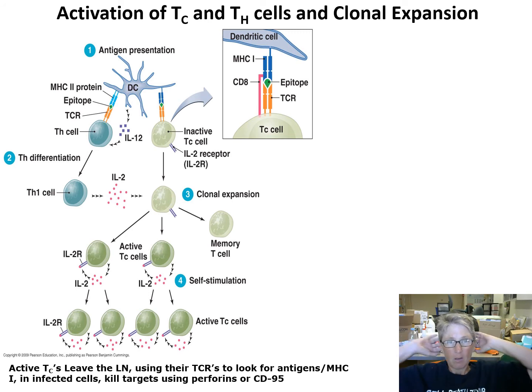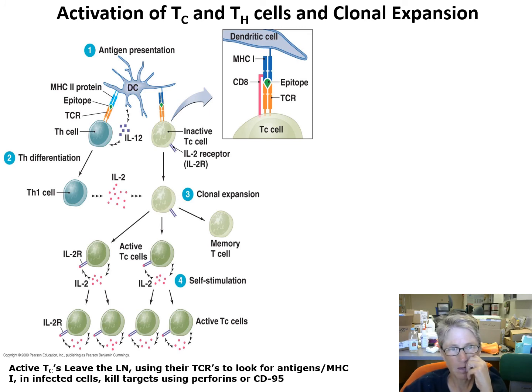Okay, now let's look at activation of cytotoxic T cells and helper T cells. So it's a different cartoon. This is a dendritic cell. So the dendritic cell was out in your skin. It found a pathogen, chopped it up, and it presented an epitope from that pathogen in its MHC2 protein to a helper T cell. The dendritic cell also chopped up that same bacteria and presented another epitope from that pathogen